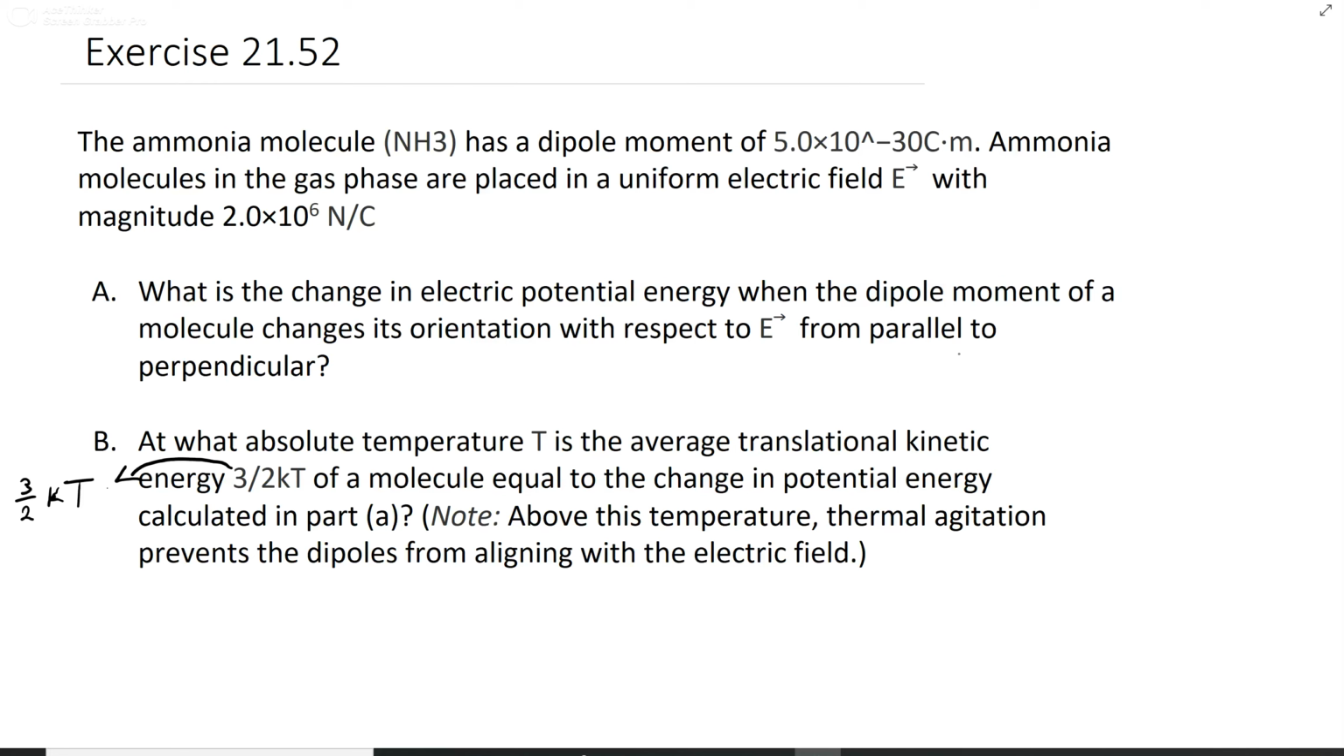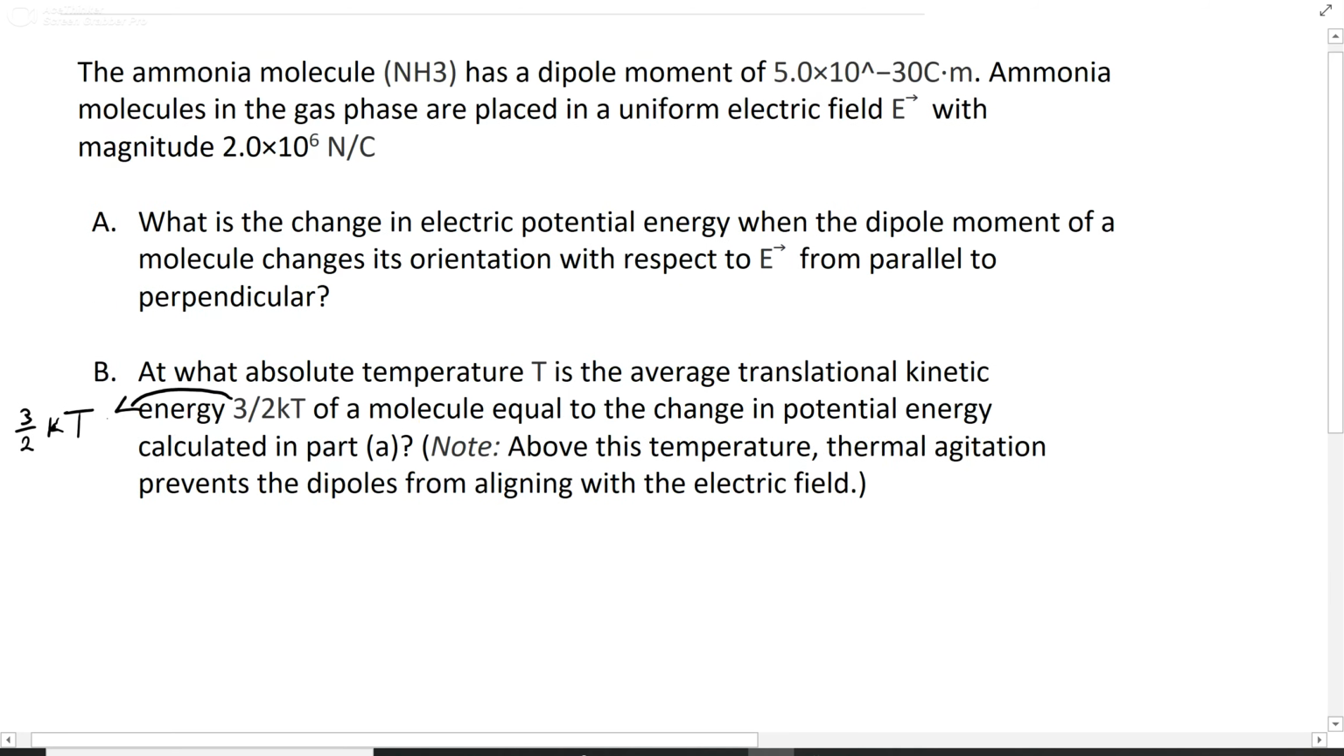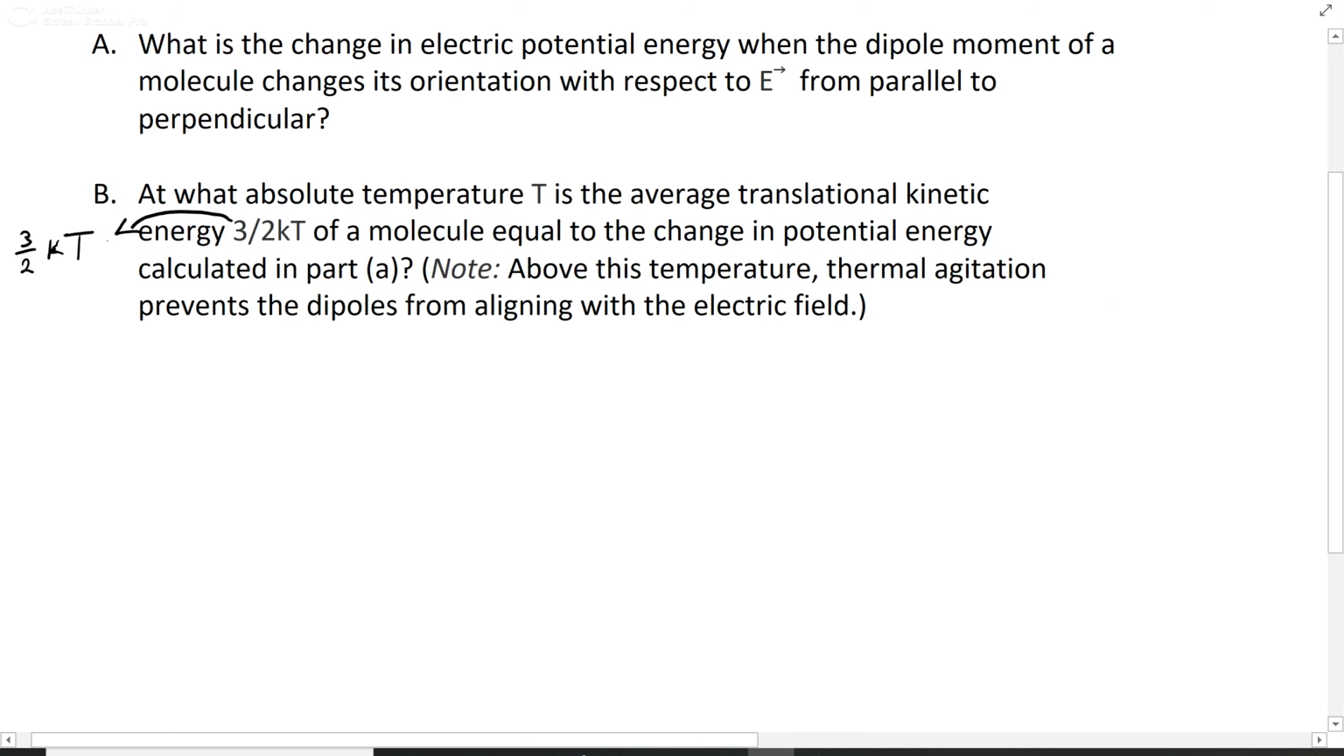All right, so this is question 21.52. This gives us the dipole moment of an ammonia molecule and the magnitude of the electric field that it is placed in. It asks us what is the change in electric potential energy when this direction changes from parallel to perpendicular. So I think the main thing you're going to need to know, well, there's a couple things, but